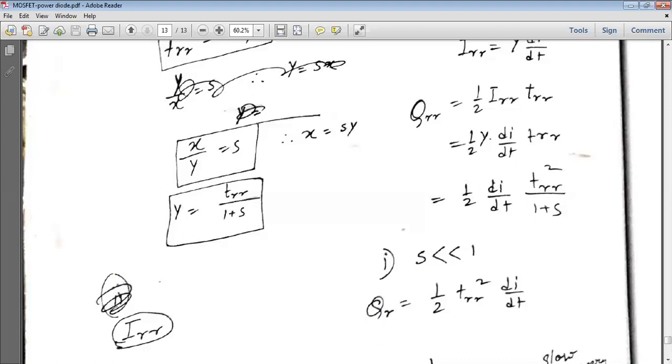Ma'am, I have a question. Yes, just a minute. Ma'am, normal diodes, just like IN4007 and Schottky diodes, IN